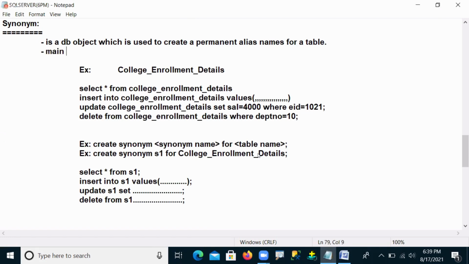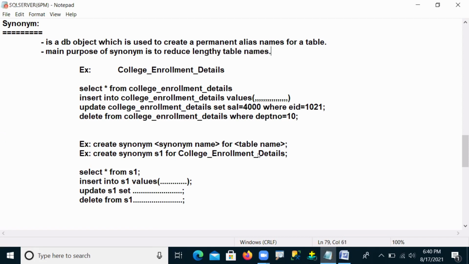The main purpose of a synonym is to reduce lengthy table names.